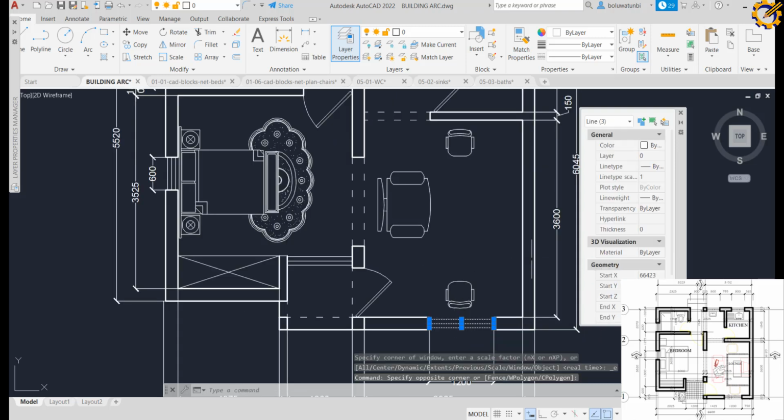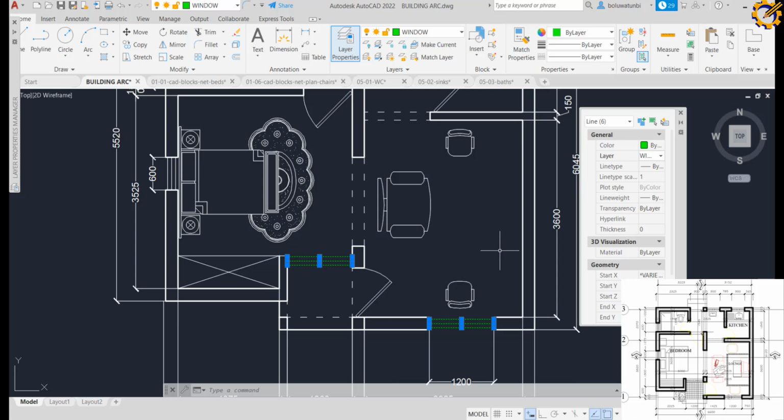So I'm highlighting all my windows including this. So I'm going to come to layers here. So my layers here, I'm going to click on windows. You see everything changed to green. Okay, so if I want to make the color of my window to be, let's assume, maybe blue, all I have to do is,